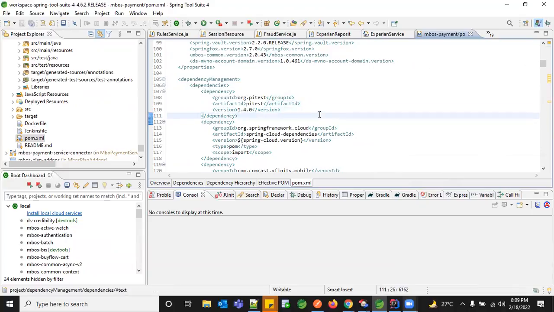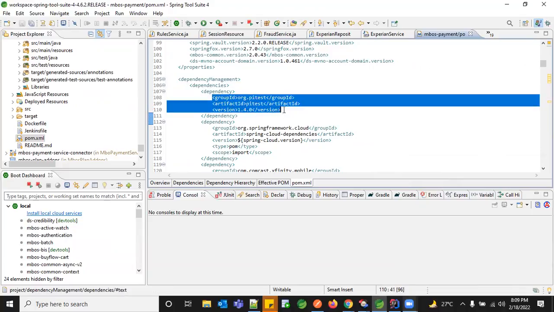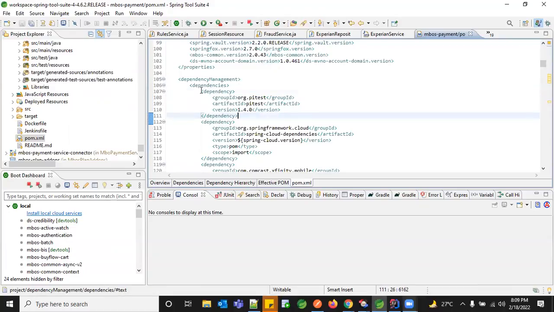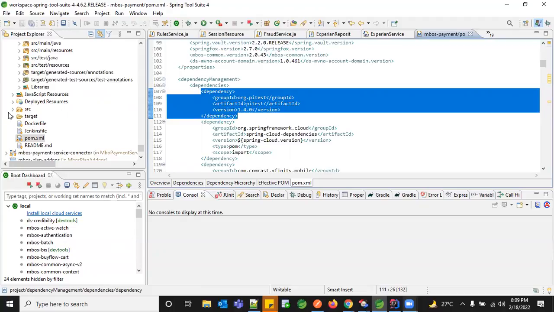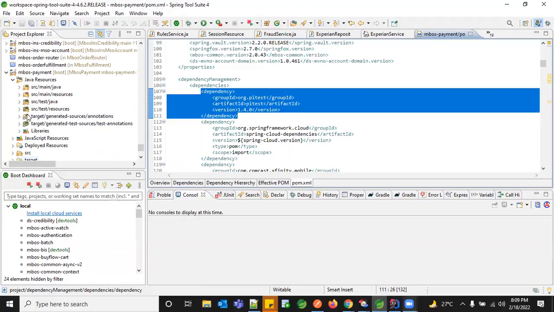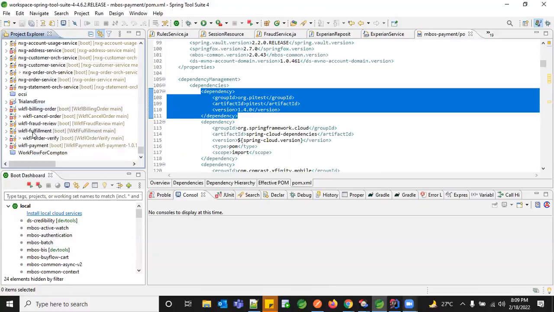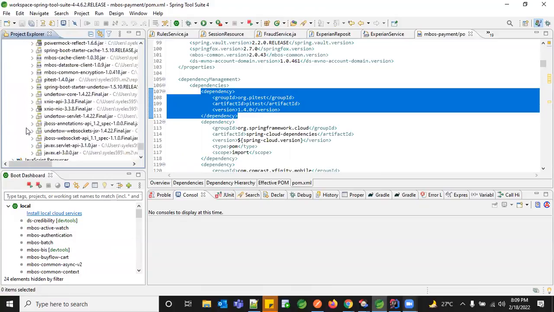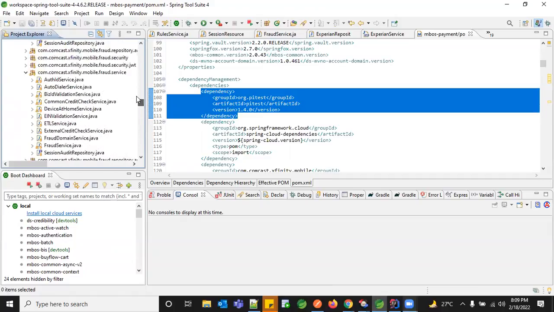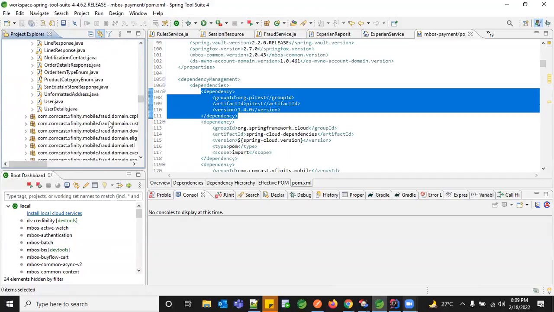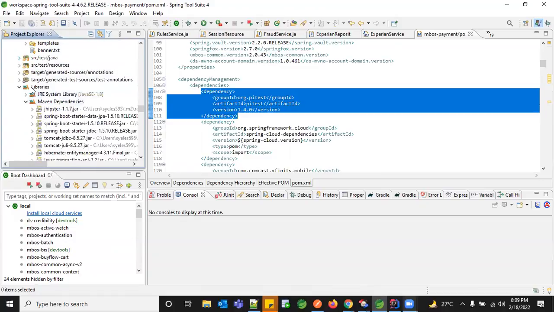So every Maven project will have these three things so that it will be easy for us to download the relevant versions. These dependencies are nothing but the runtime jars. Okay, so all these jars will be downloaded under Maven dependencies.